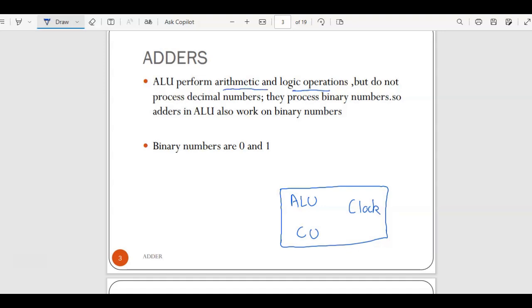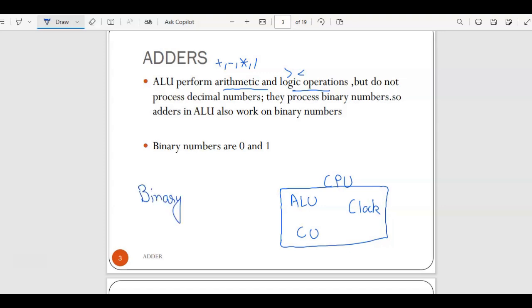The arithmetic unit performs all the arithmetic operations like plus, minus, multiply, divide. These are the normal mathematical operations you can perform with the help of the ALU. The logical unit performs conditional operations like greater than, less than. These are the logic operations. But on which data will all these work? On binary data, which is the computer understandable form.